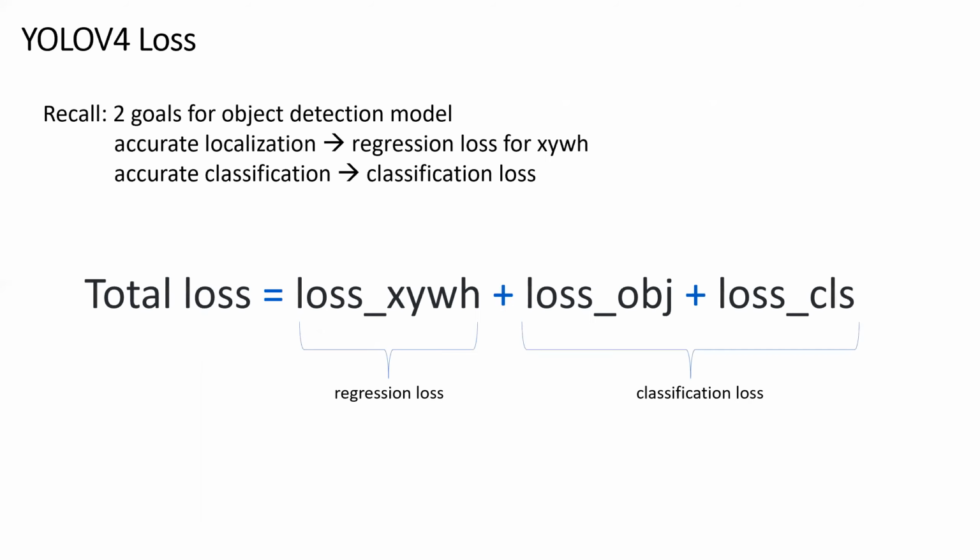Another key question when we introduce a model is the loss they use. Recall that there are two goals for an object detection model. The first one is accurate localization. So I need a regression loss for x, y, and w, h. The second goal is accurate classification. So I need to have some kind of classification loss. The total loss can be decomposed into two parts, a regression loss and